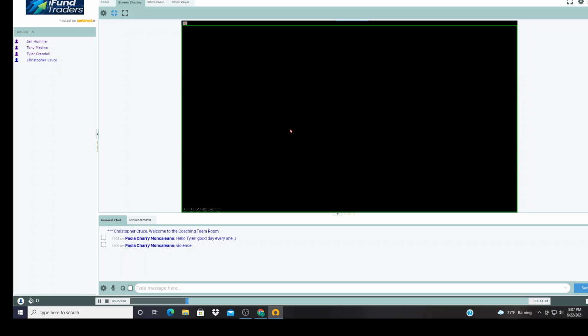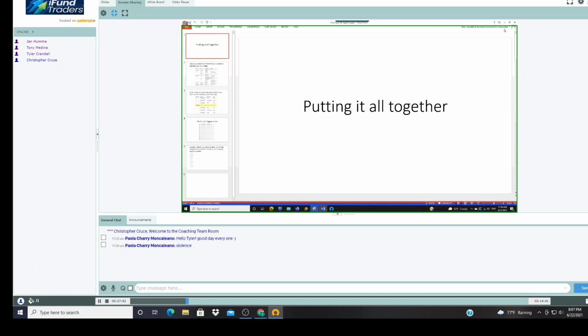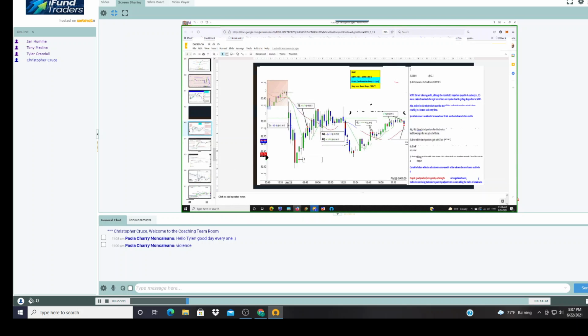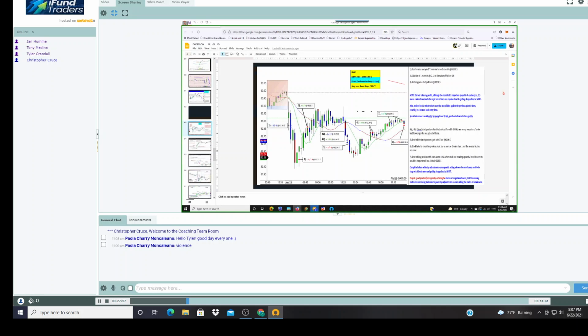Oliver is explaining this stuff all day long, but you need to be able to put this together, and you're not going to be able to do that without a structure. You have to create a structure, and it needs to be there because you're not going to do it, right? Not many people have the ability to discipline themselves to come up with a template and a structure to become a process trader, right?